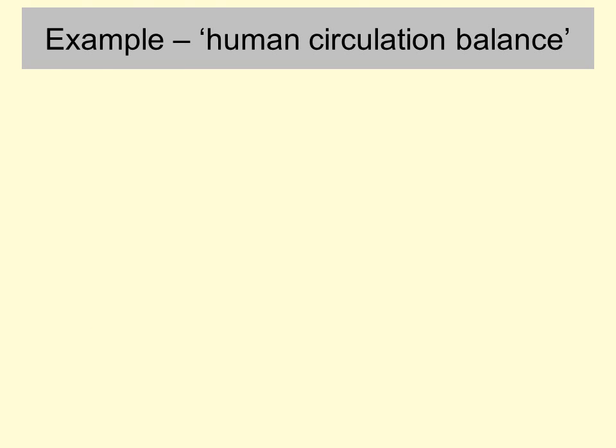Okay, let's look at an example of a time series of data and the effects of temporal filtering on that time series. Now the example is not going to be a voxel time course of image intensity values from the MRI scanner. The example is going to be a time course from something called the human circulation balance, which I recently recreated. The human circulation balance was originally created by Angelo Mosso in Turin in Italy in the 1870s or 1880s, and it was actually one of the first